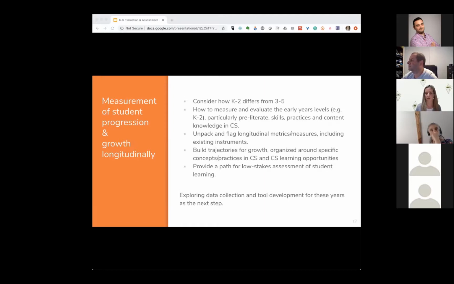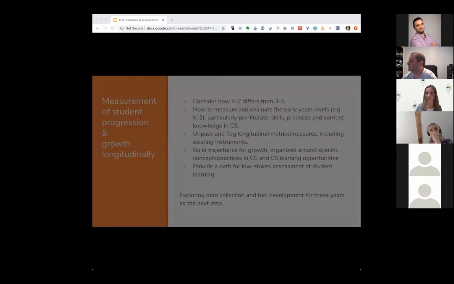And also looking at different ways that we can monitor and assess student learning, because it's not all platform based. We're looking at teachers working in classrooms with tangible objects. They're doing a lot of observations. Their eyes are everywhere. So how can we observe and monitor and track students' progress in those early years?